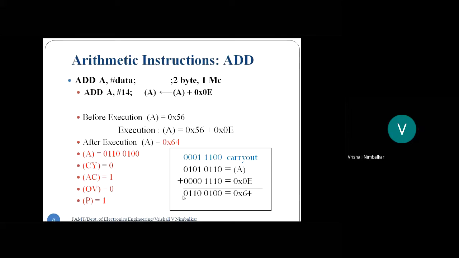Okay. Now see whether the overflow flag is set or not. This was 0, the last bit was 0, and the answer bit is also 0. Meaning the last bit did not change, meaning there is no overflow. This was a positive number and the answer is also positive. Everything is fine. When do we say overflow?